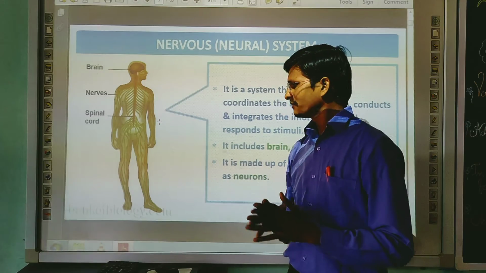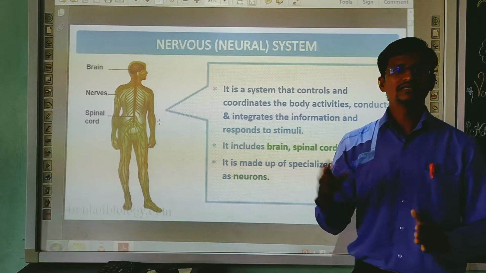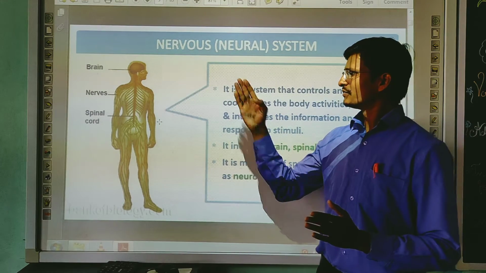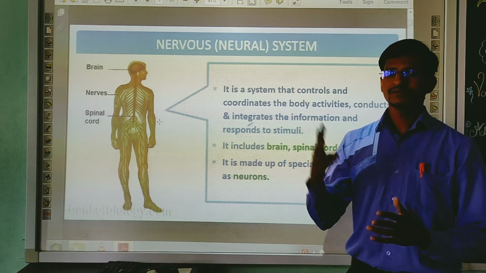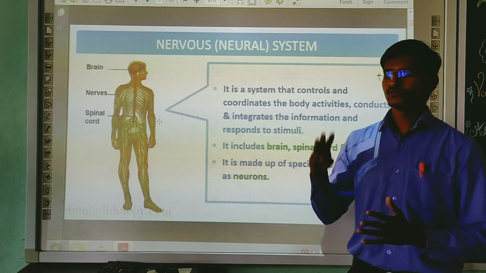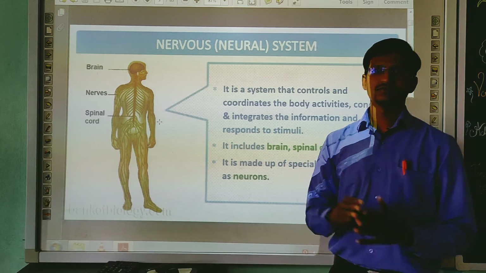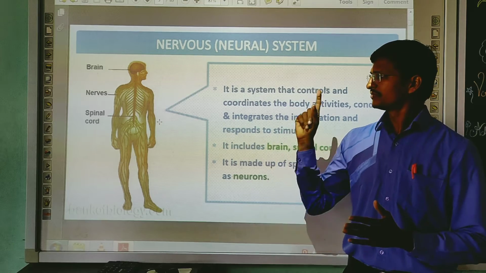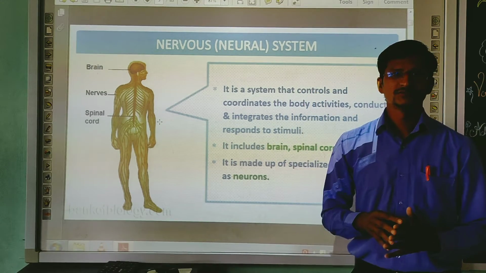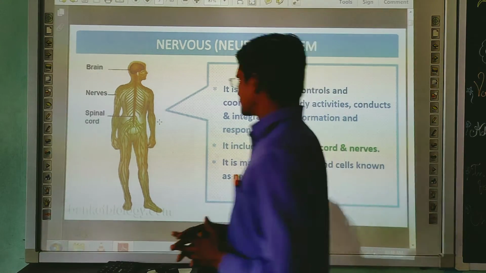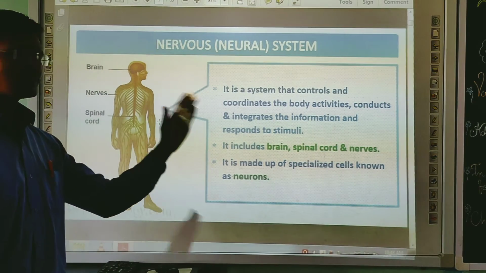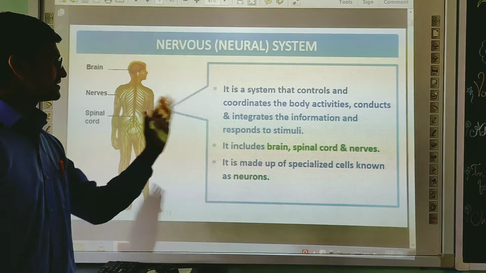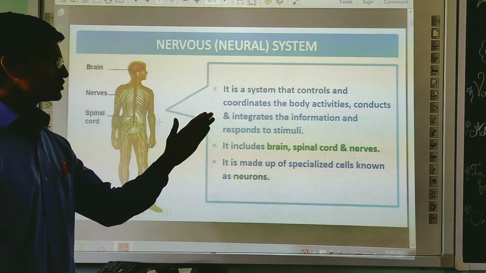Generally, these are the main organs which are involved in this nervous system: brain, nerves and the spinal cord. So three main organs which play an important role in the nervous system: brain, nerves and spinal cord. And it is a system that controls and coordinates the body activities, conducts and integrates the information and